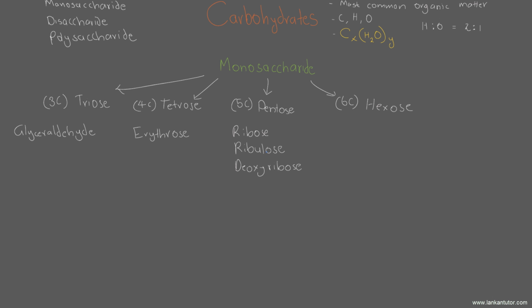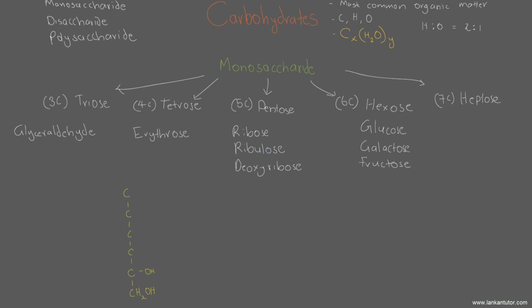The next is a hexose, and hexoses are the most common types of carbohydrates, at least the ones that we know about, because they happen to be the sugars like glucose, galactose, and fructose. Even though glucose, fructose, galactose, they all have the same amount of carbon atoms, how would you recognize what the molecular formula is? For example, I'm going to draw these right now, and you should know that the general formula